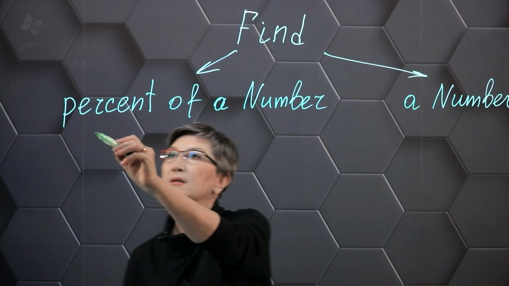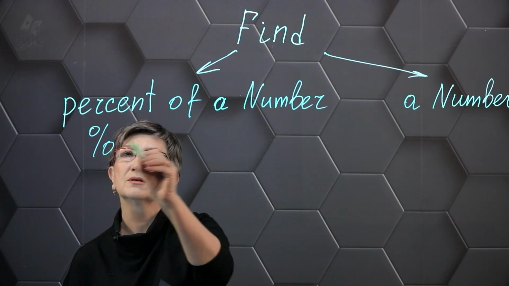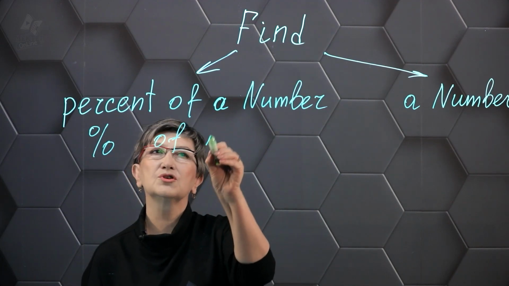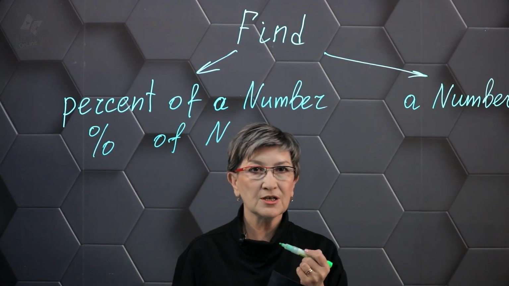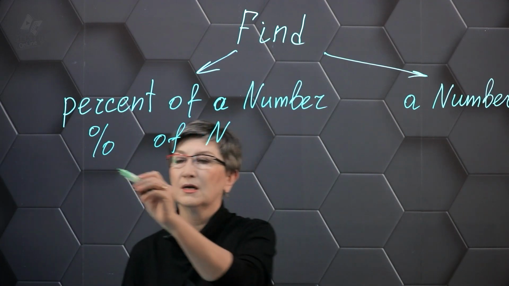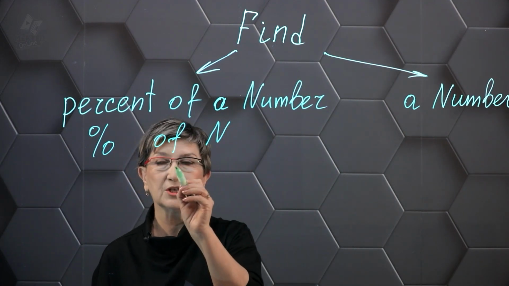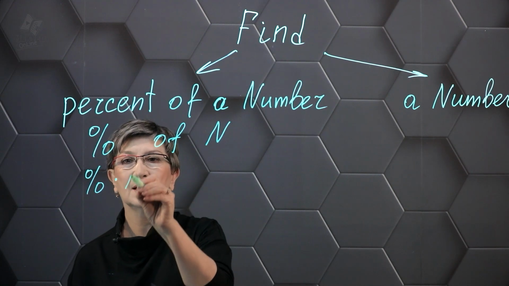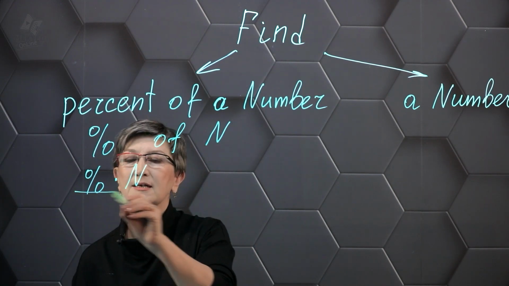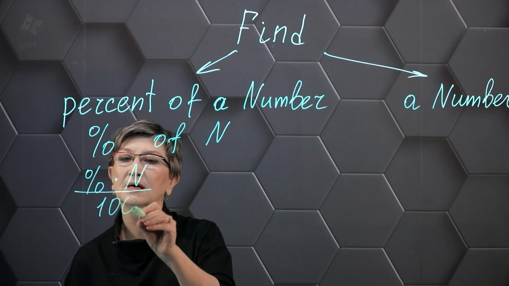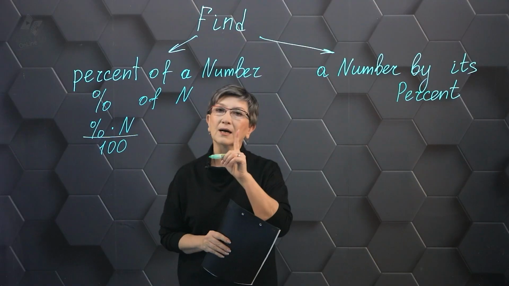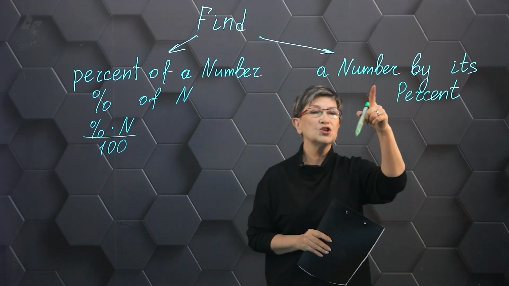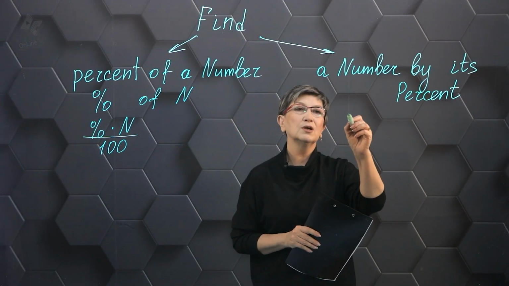When we find a percentage of a number, what do we have to do? We have to remember that in order to solve this problem, we multiply the percentage by our number and divide the whole thing by 100. And when we need to find a number by a percentage,